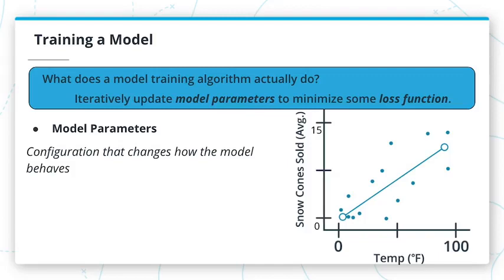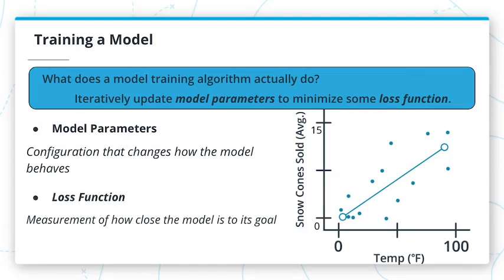Nearly all models are trained by slowly changing model parameters to move the model closer and closer to achieving some goal. A loss function is used to codify the model's distance from this goal. For example, if you were trying to predict number of snow cone sales based on the day's weather, you care about making predictions which are as accurate as possible. So you might define a loss function to be something like the average distance between your model's predicted number of snow cones sold and the actual number.